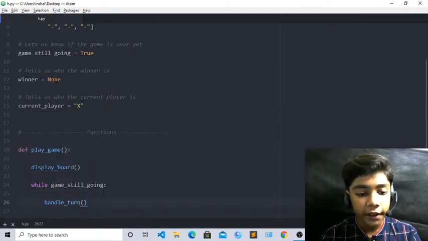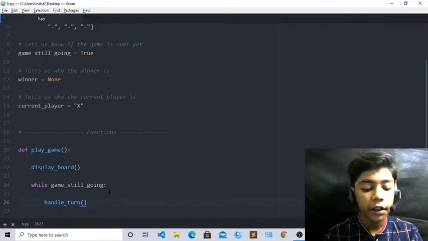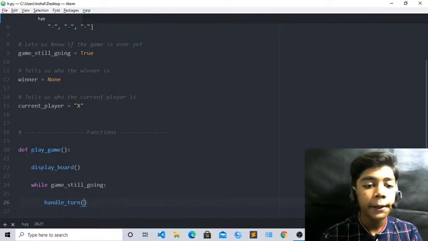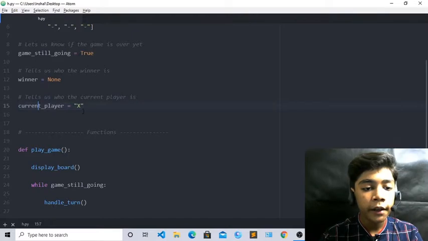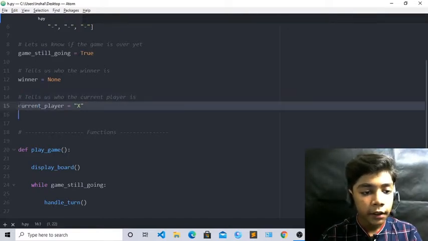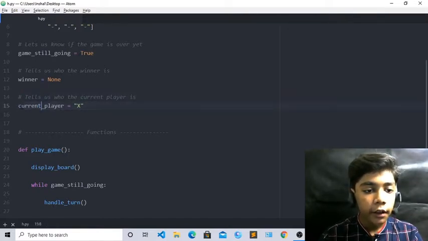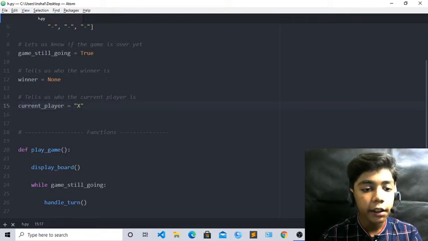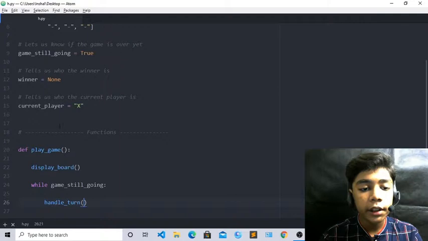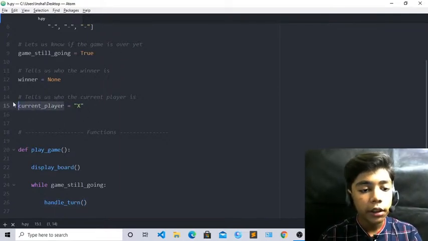Now in this handle turn we have to define our current player. Like we have defined our current player here, but it is with x, meaning current underscore player equal to x. But now in this bracket we will only define our current player, which will not be x, it will only be current player.